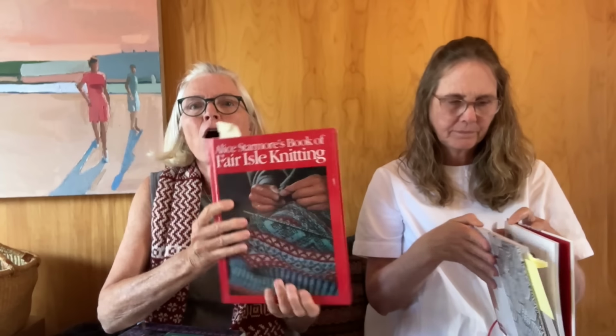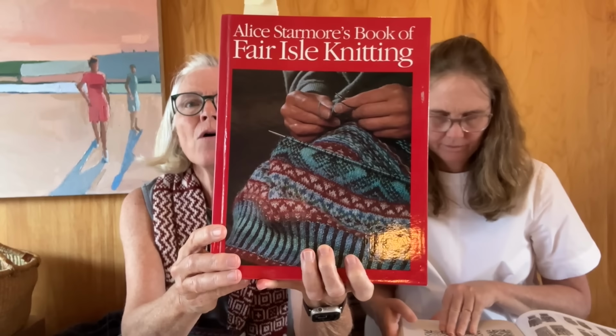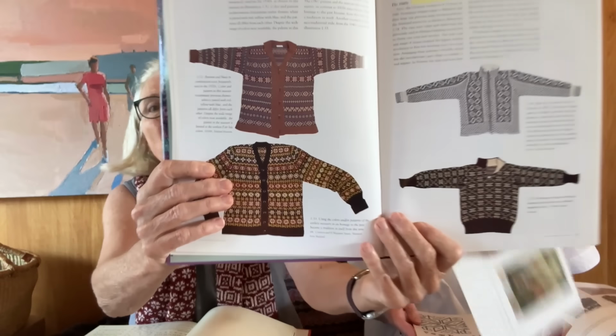So, all right. In the back of my mind, I keep thinking, can I take this and translate it to cross stitch? And there are so many wonderful, I'm just going to pull out a few reference books that I had. Excuse me. Selbu is Norwegian. So Fair Isle is off of Scotland, and there are all kinds of beautiful books. And just like for us, with sampler histories, there are all these histories of these colorwork